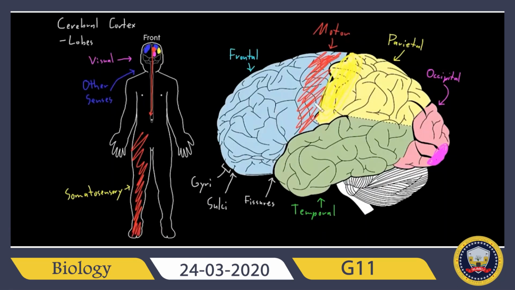Now, if we take a big step back and look at the cerebral cortex as a whole, we can divide up the cerebral cortex into a couple of types based on what kind of function that area of cerebral cortex is performing. The first type we call primary. So a primary cortex is one that's performing basic motor or sensory functions. And that's in contrast to other areas of cerebral cortex that we call association cortex. Association. And the idea with this word is that they're associating different types of information to do more complex processing